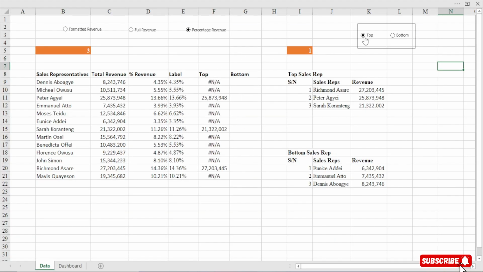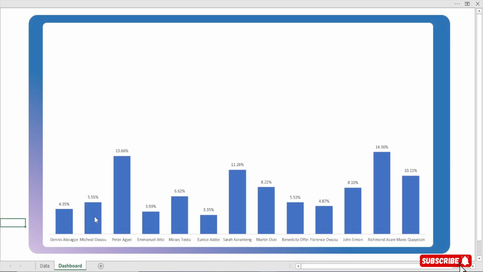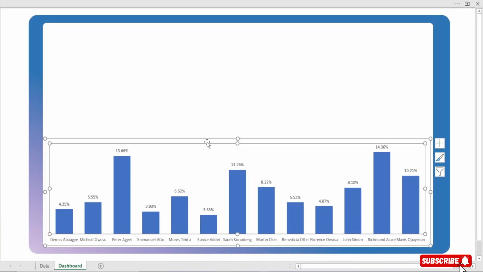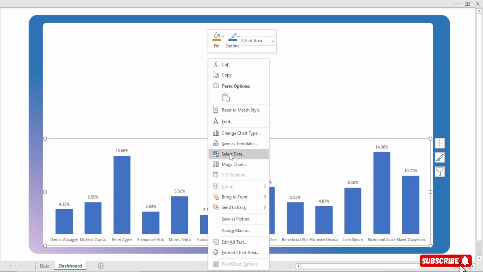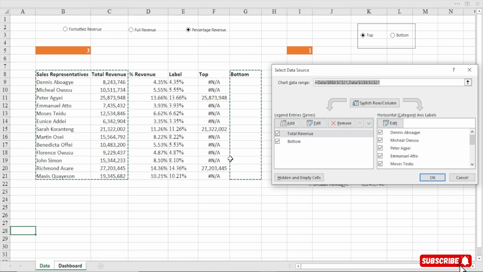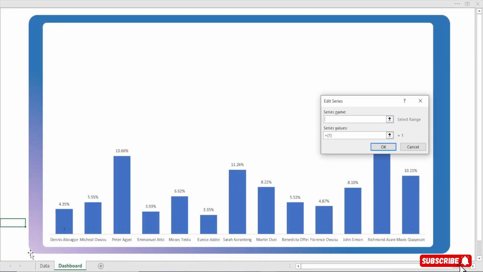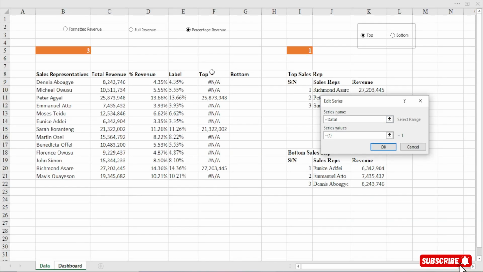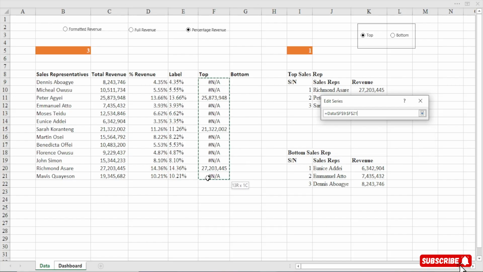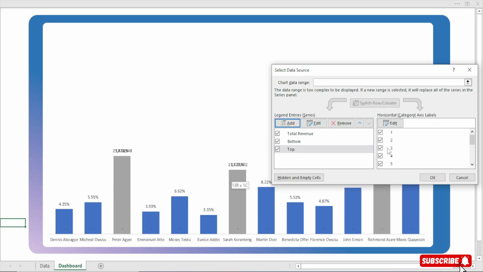So we will toggle so that you see the top here, right? Perfect. So let's select the chart once more, right click, and then go to Select data. So what we are going to do is click on Add, and then it will bring us back here. Let's go to the data, and then we select this top here. Now when you come to the series value, make sure you clear everything here, else you get an error. So whilst it's empty, now you select from the top one to the bottom one, hit OK. Now you see the top has also been selected for us.